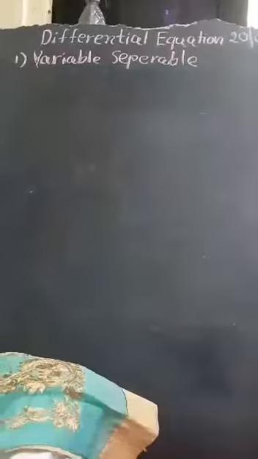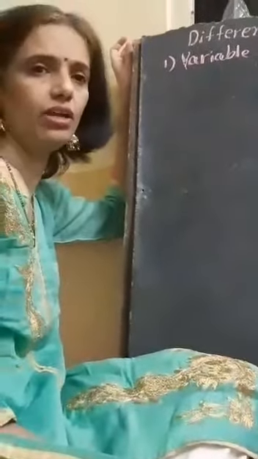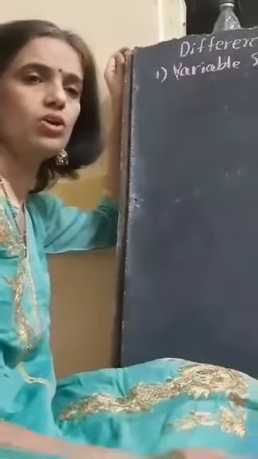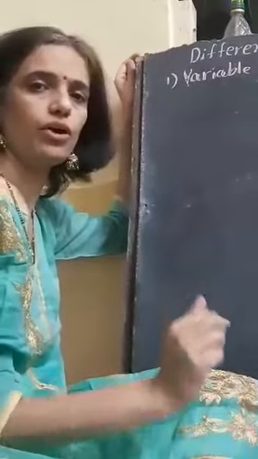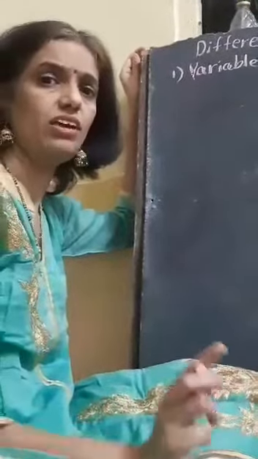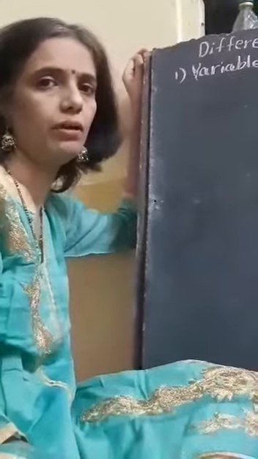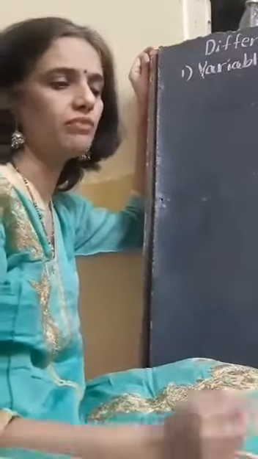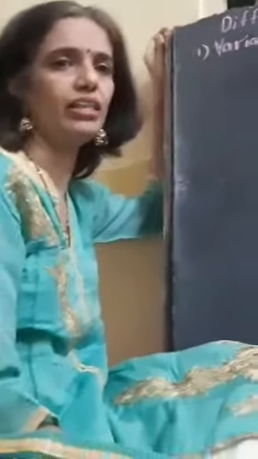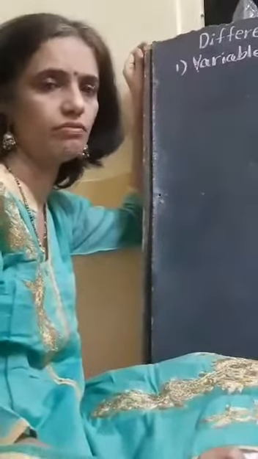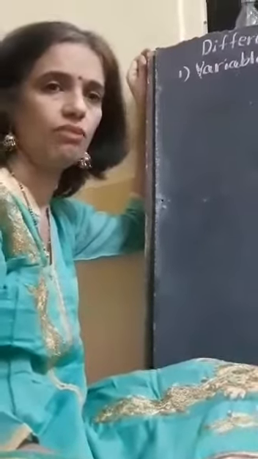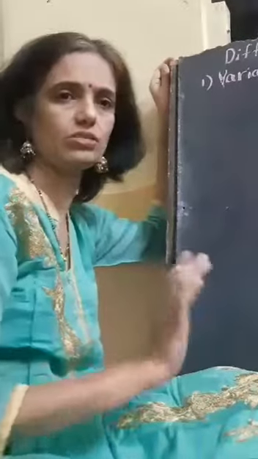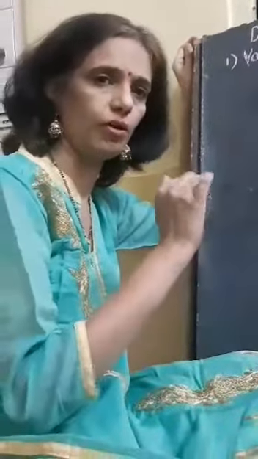As I have told, we are solving only order 1 and degree 1. We will be having dy by dx. So dy is one operator. We are going to separate dy and dx. dy will be one operator and dx will be another operator. So what we have to do is, whatever is the function of y, we have to write that along with dy. Whatever is the function of x, we write with dx, and the upon dx is not allowed. That dx from dy by dx we will take on the other side and make into dx.